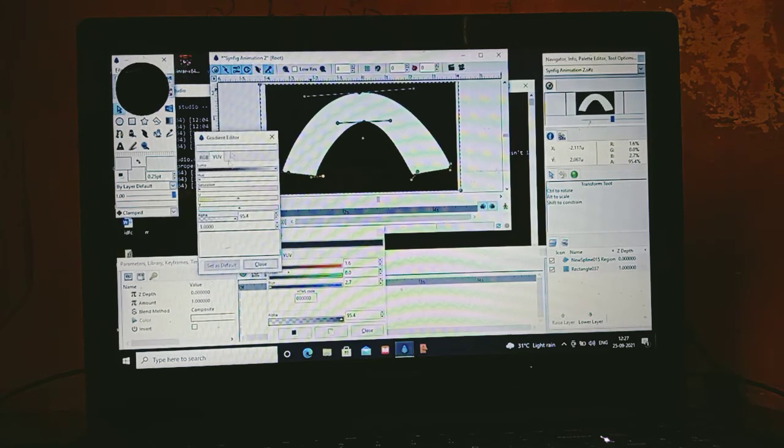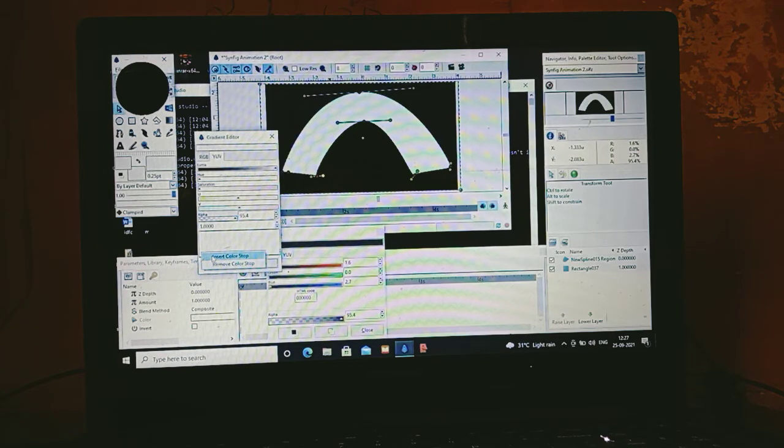See, you can keep any color, but I prefer that first you keep it white, so that it is easier for you to place different colors. Now we will go according to VIBGYOR, so then it will be easier. First we will start with red color. But first, here you have to right click and insert color stop. You have to click that. Okay, now you have to apply the red color.